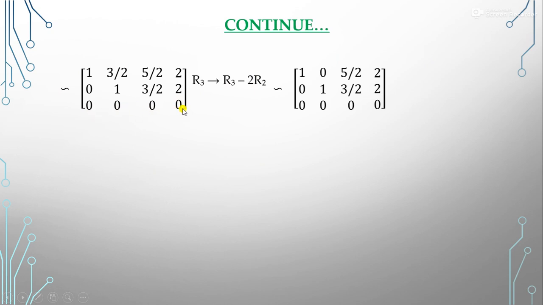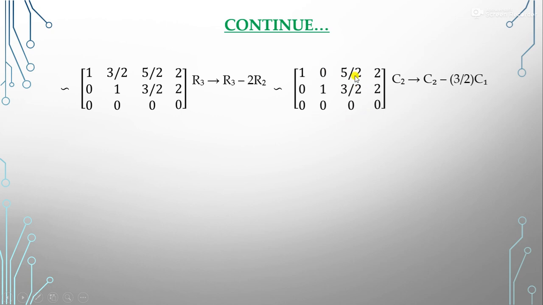So now this row becomes 0, and this is our echelon form. You can see this is converted into the echelon form. Now we have to convert it into the normal form. All these terms should be 0. To make these terms 0, we need the column operations. So now we use the column operations. To make this 0, we use C2 minus 3 by 2 C1. If we apply C2 minus 3 by 2 C1, it becomes 0.